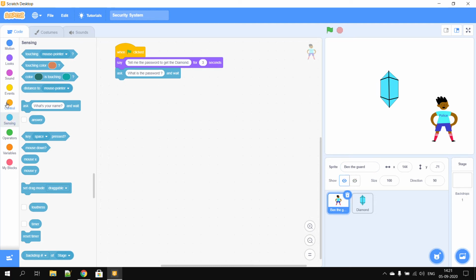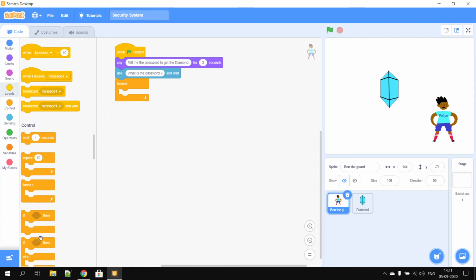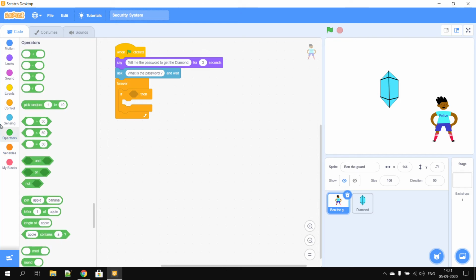So I will go into the control and I will take forever, and inside forever I will put if then. If the condition is true, then it will execute the code that I have there. So I will go into operators and I will take this one. There are three of these.